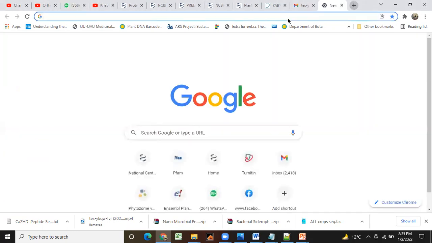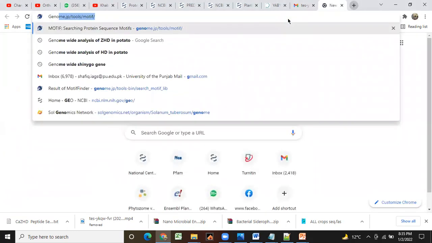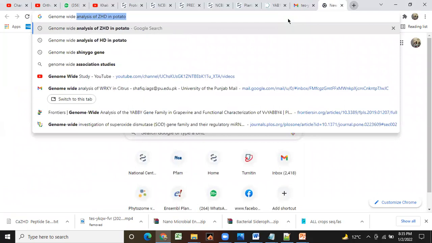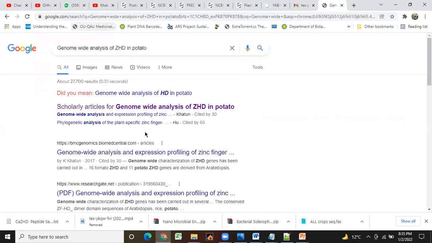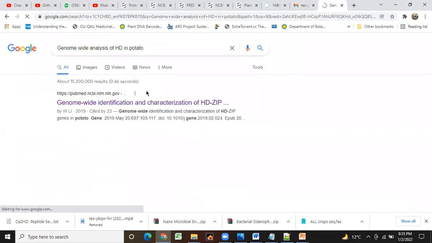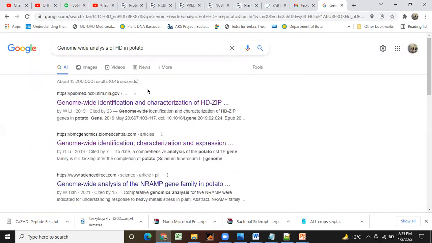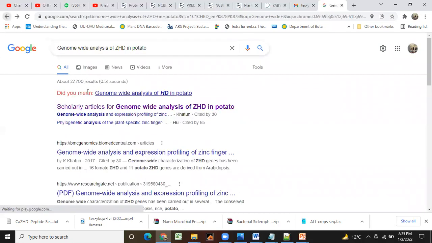First of all, we need to know about genome-wide analysis of ZHD in potato. It's still not done in potato, is it? This analysis has not yet been done in potato.